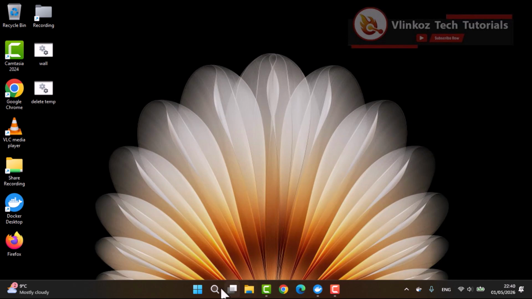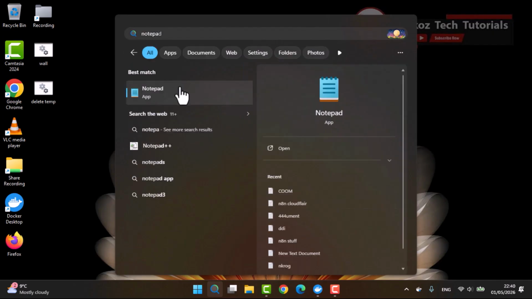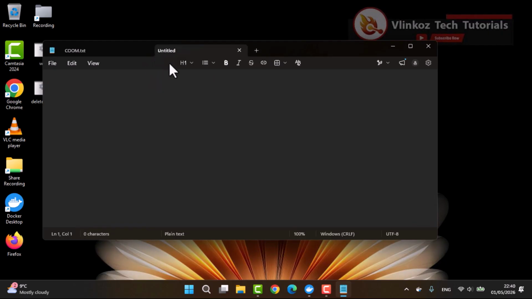To get started, simply search for Notepad in your Windows search bar and open the application. Once Notepad is open, you will notice the ability to create new tabs. You can even name these tabs by typing directly into the tab itself, allowing you to organize your open documents